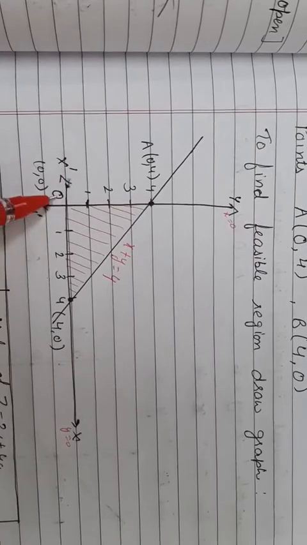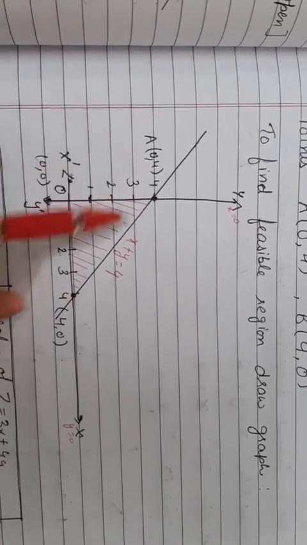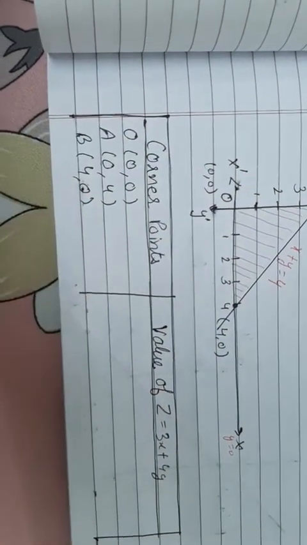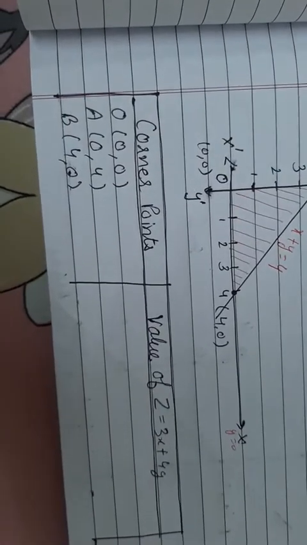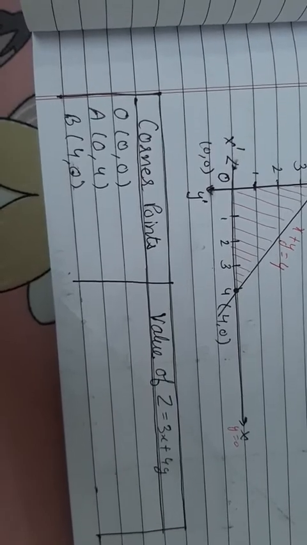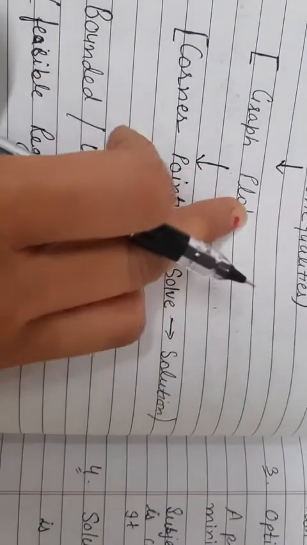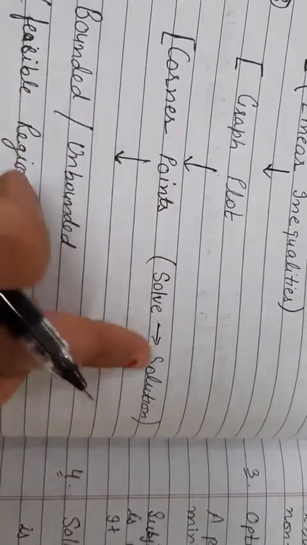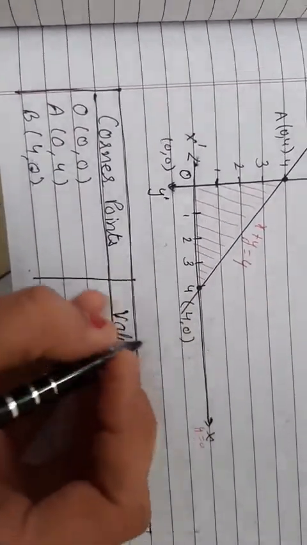Which points are there? 0, 0, 0, 4, 4, 0. These three are your corner points. So you will write your corner points here. Now these corner points you have to put in your objective function. As I told you, firstly you will draw the graph. From the graph you will get corner points, and from these corner points you will get the solution. Okay, you got the bounded region, and now you will put